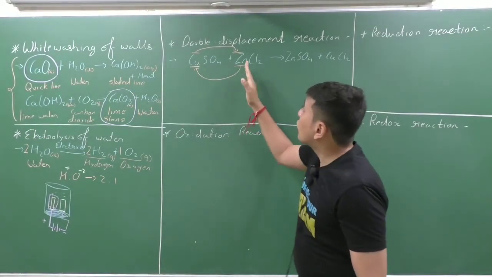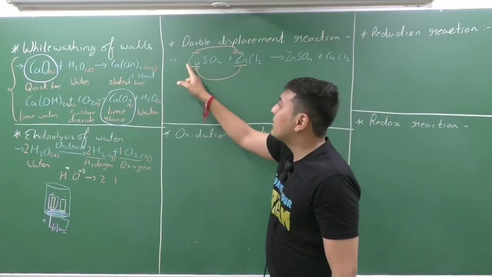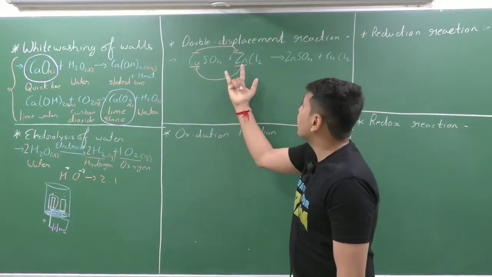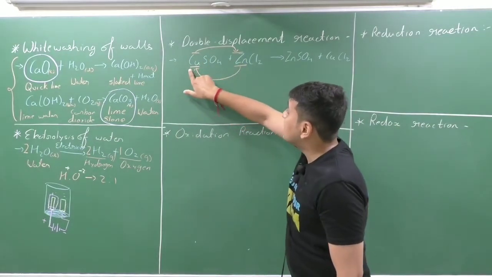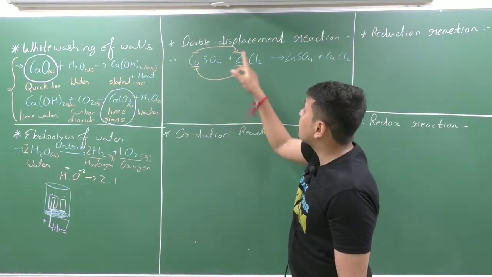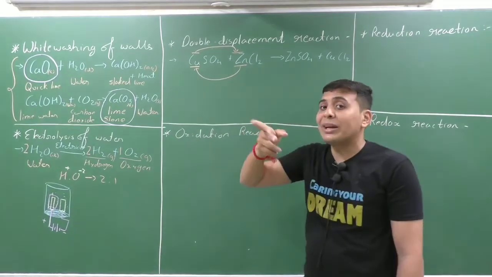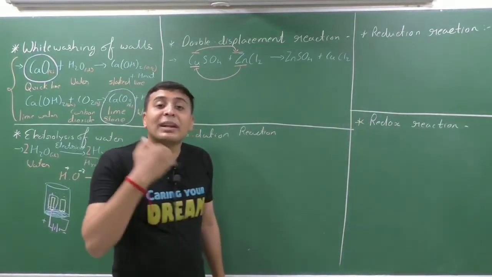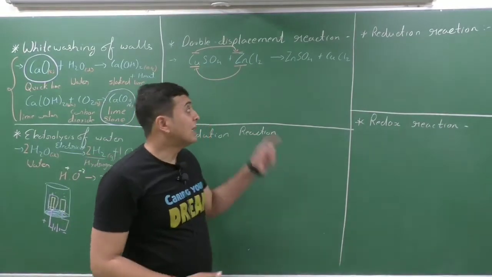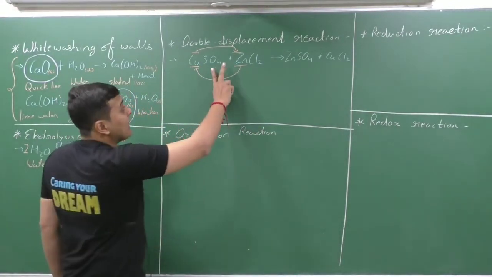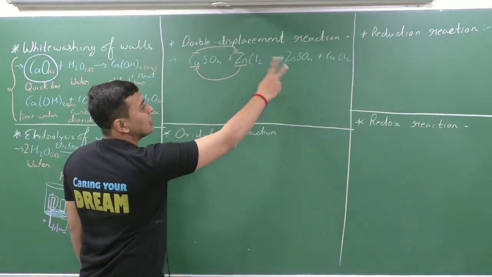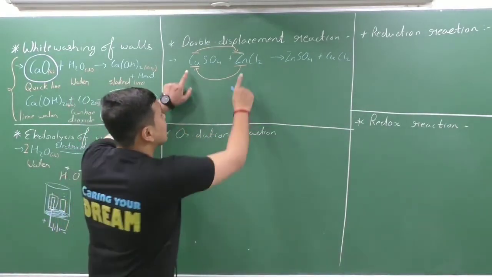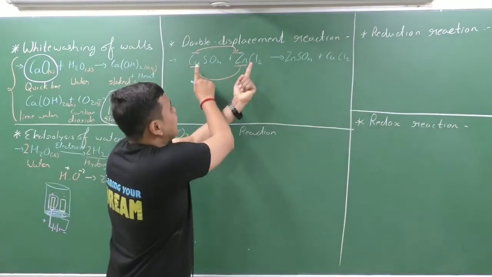Getting it? If it was only zinc, then zinc is only displacing copper. Now if it is a zinc compound and a copper compound, then the positive ions get exchanged. Zinc takes the place of copper and copper takes the place of zinc. So there are two displacements. Displacement means taking the place of the other. That is a simple displacement reaction, but here the displacement is done two times, so it is known as a double displacement reaction. And what happens in a double displacement reaction? The positive ions get exchanged.